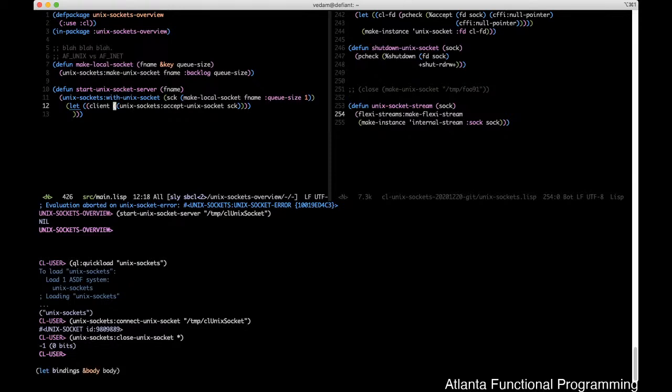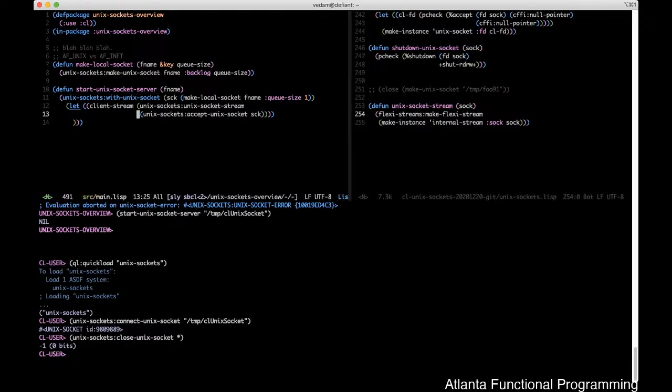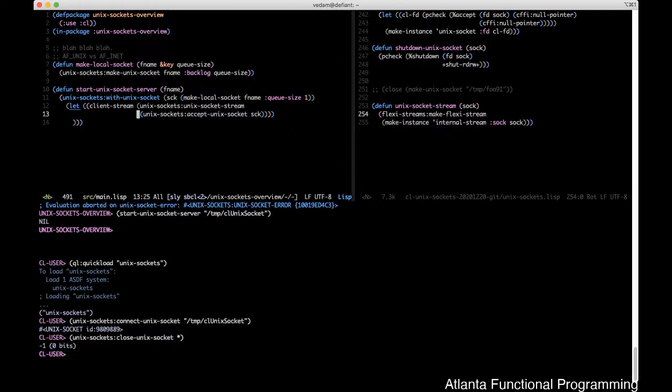We're going to rename this to client stream. What we're going to do is wrap the accepted client into a sockets unixsocket stream here. What this is doing is making a Flexi-stream that adheres to the streams API that's already available inside Common Lisp. I will talk about Flexi-streams in another episode, but in a nutshell, all you need to know right now is that it allows you to essentially leverage